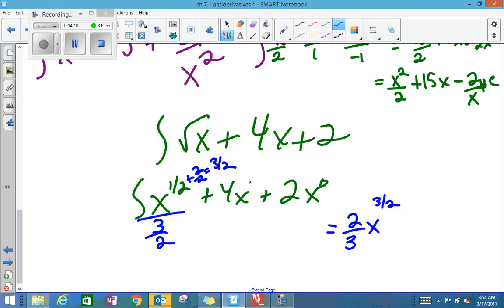For 4x, that's x to the 1. I add 1, I get 2. I divide by that 2, so I get plus 2x squared. x to the 0, I add 1, becomes 1. Divide by that 1, and I get plus